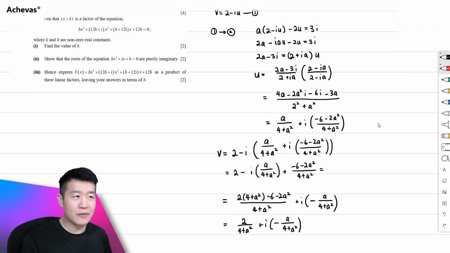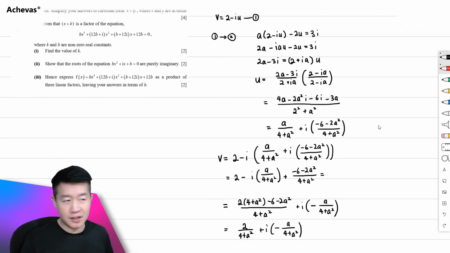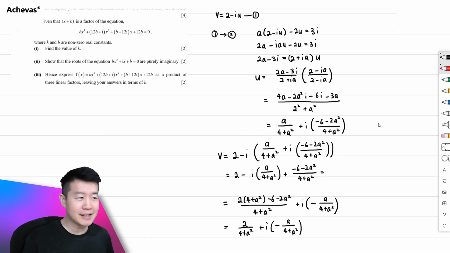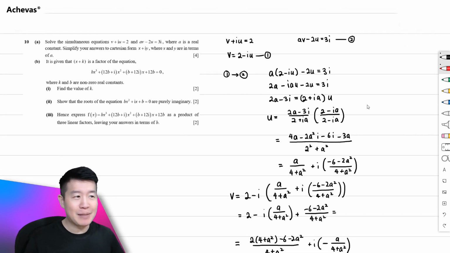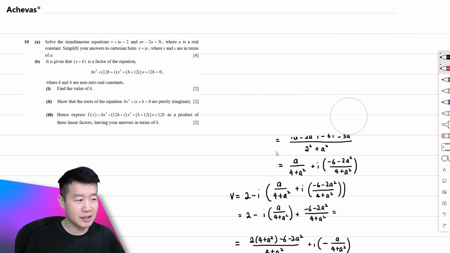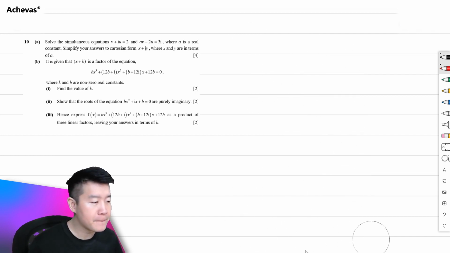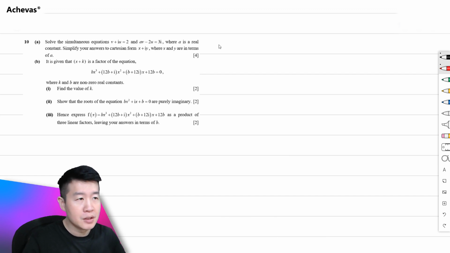Okay, u and v is an okayish question, a little bit tedious, but as long as we try to be a little bit more careful, it should be okay. Next, let's take a look at b. b is independent of part a, so I'm going to erase the solution entirely. So for b